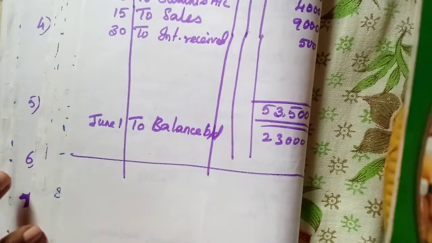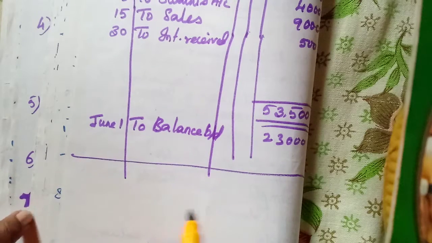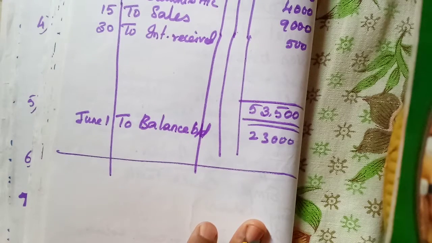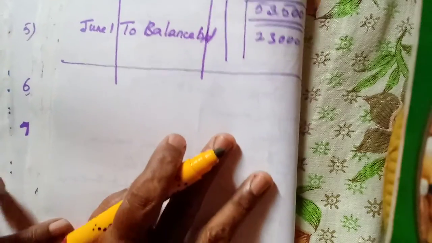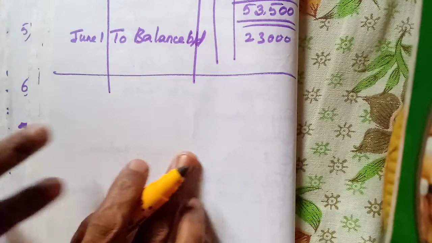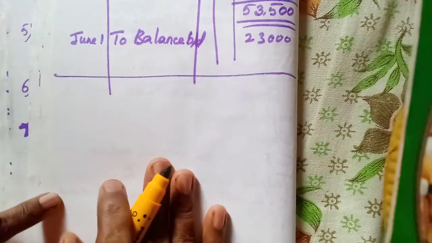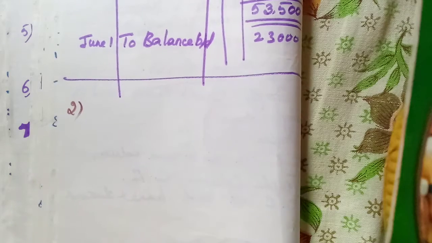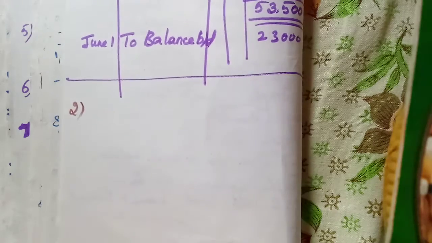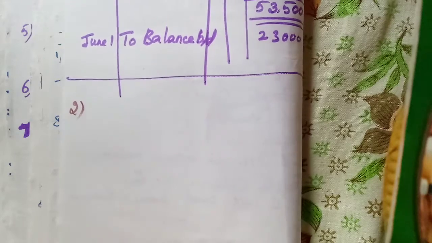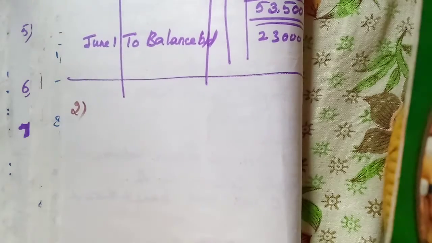Okay, students, welcome back to our accountancy lesson. In accountancy, we have come to a new chapter, the cash book, isn't it? The seventh chapter. In this one, we have learned one type of cash book, that is single column cash book or simple cash book. There we have done one problem, isn't it? So here we will do the second exercise. The second illustration we will see. Second illustration I will show you.